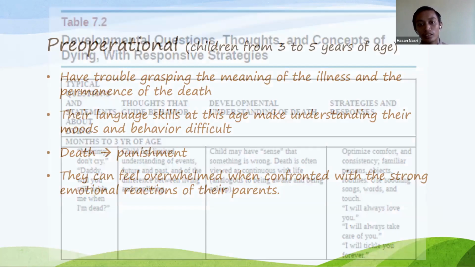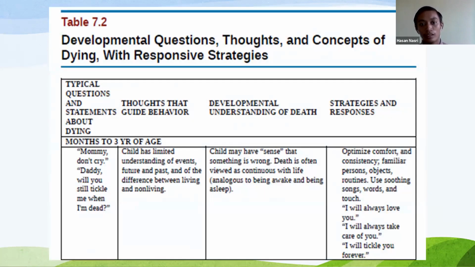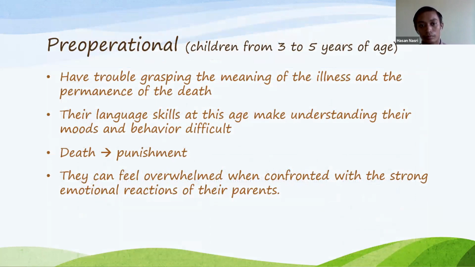The next stage is pre-operational, which is children from 3 to 5 years of age. They still have trouble understanding the meaning of illness and the permanence of death. They understand death, but are unable to comprehend that death is permanent. Their language skills at this age make understanding their moods and behavior difficult, because even though they can say several sentences,